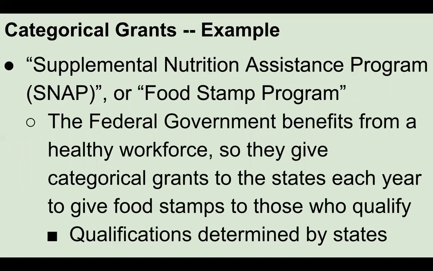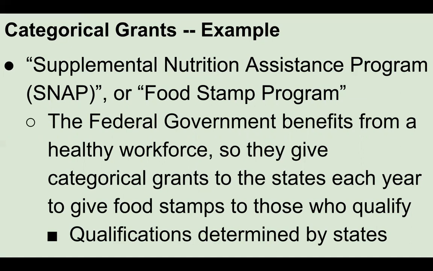So the federal government gives categorical grants to states each year for food stamps. The states then determine who gets food stamps, and administer the food stamps to those people. The federal government would make sure that the states have a reasonable